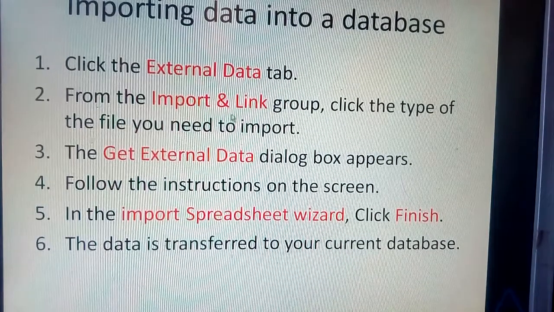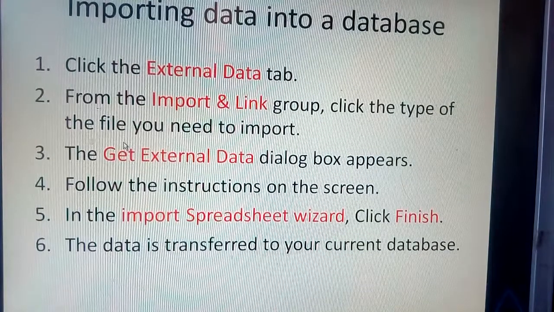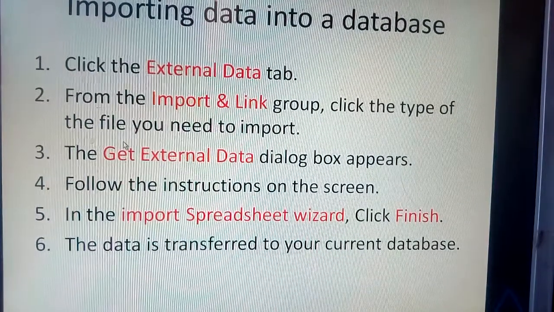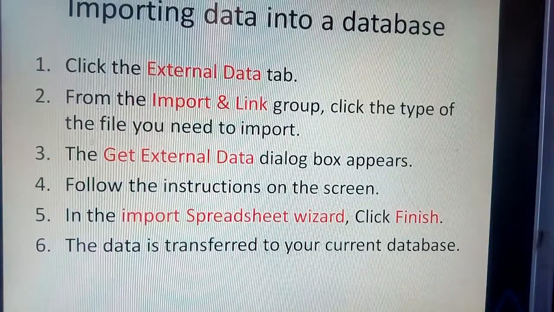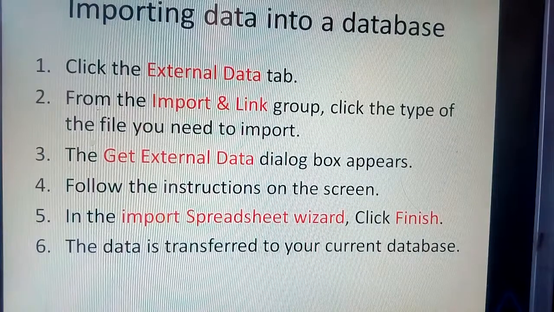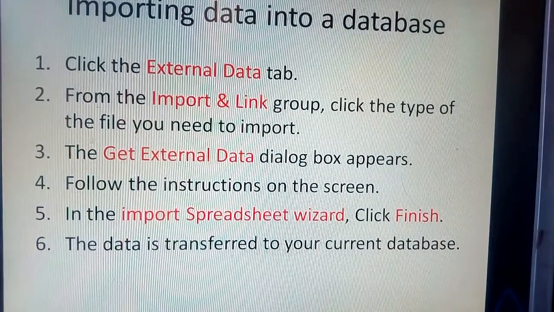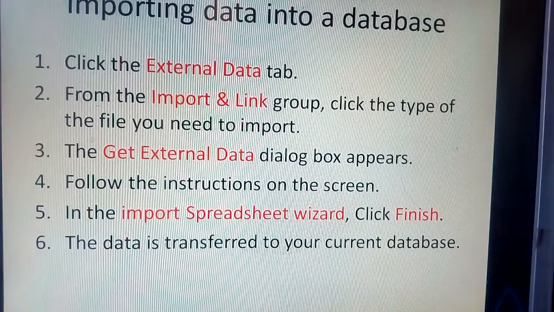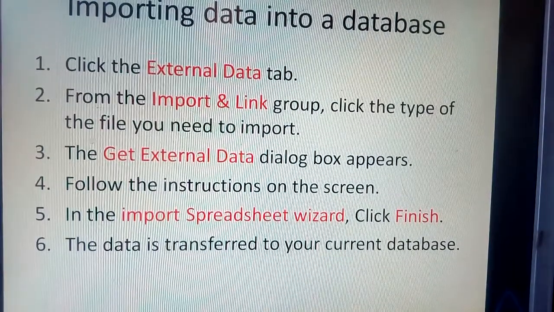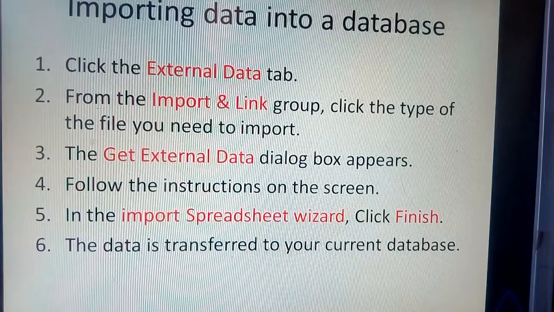From the Import and Link group, click the type of the file you want to import. Now the Get External Data dialog box appears. Follow the instructions given on that dialog box, read them, and in the Import Spreadsheet Wizard, click Finish.